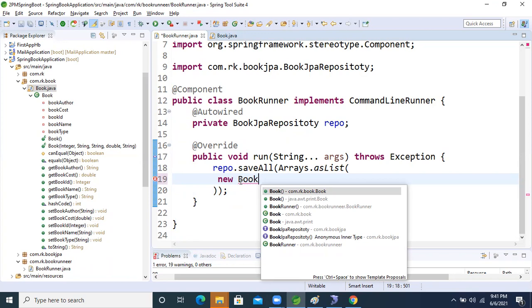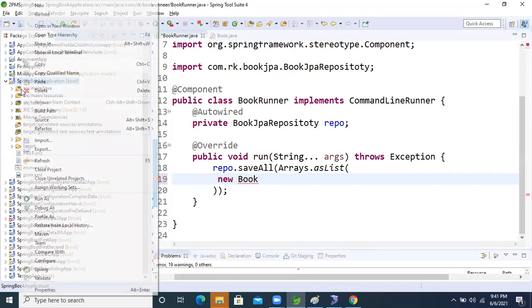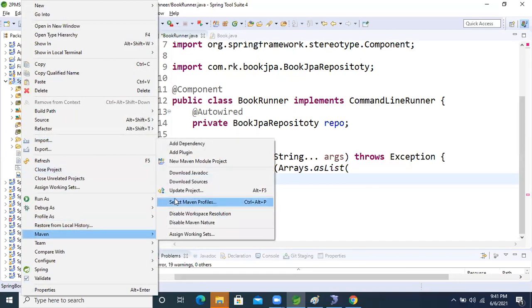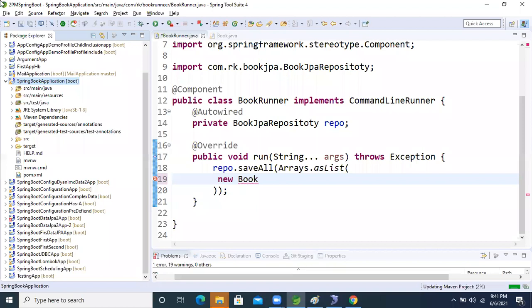Maven update, Ravi. Update once the project. Update Maven, update the project, and clean the project. Okay, I will update it now. Ravi, first close all unrelated projects, then you can update.